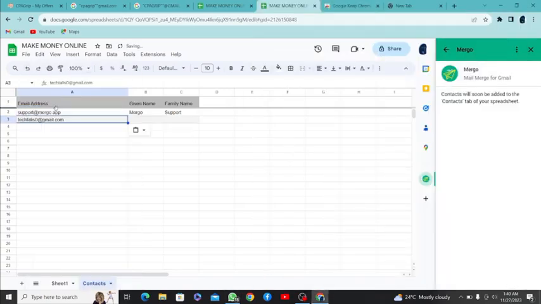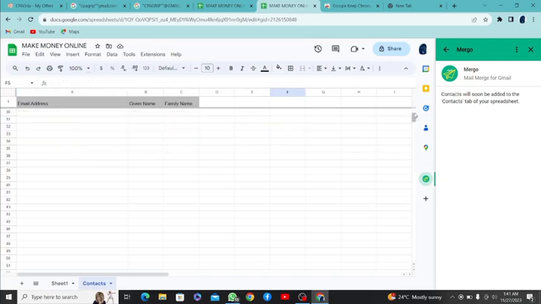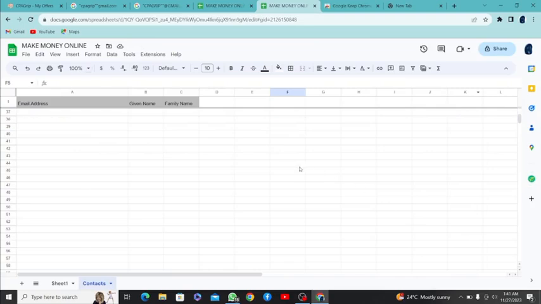All right, don't remove this support.app.com Mego, don't remove it. From the second line, you can start inputting your own. Now you want to copy all the emails one after the other. After you have filled out all the emails, all right, you can have up to 100 or 500 emails. The highest you can send at once is 500 emails to send this bulk email.